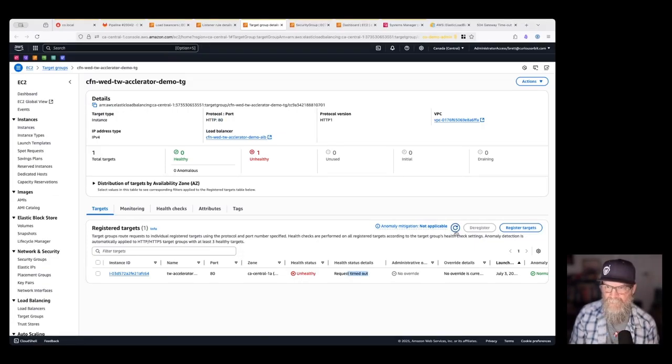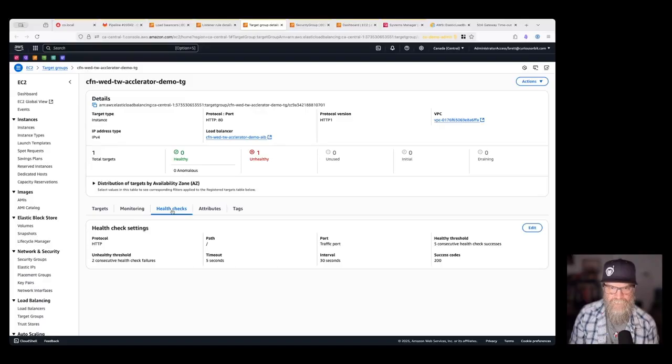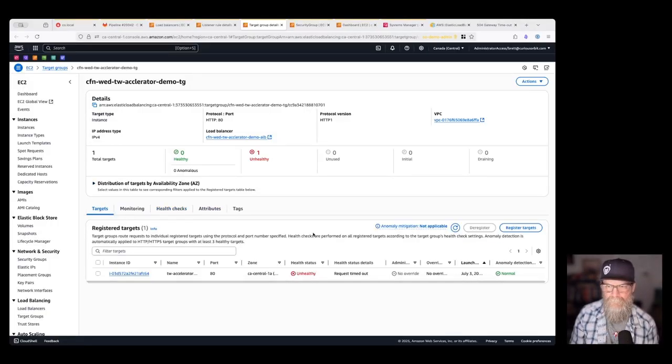Request timed out. I would have thought it would have come to life by now. How many health checks do we have? Where's the health check config? Here. So we need 5, and we're checking every 30 seconds. So what's that, 150 seconds? Oh, there we go. All right, so